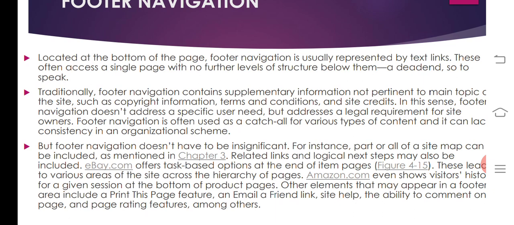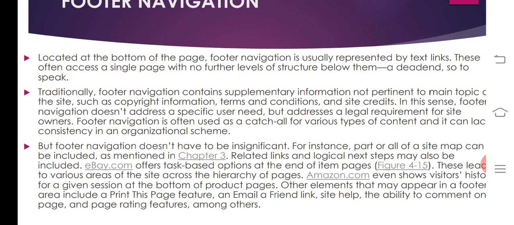Footer navigation contains supplementary information not pertinent to the main topics. Some subtopic information, some based on terms and conditions. Like that only, the footer navigation will work.